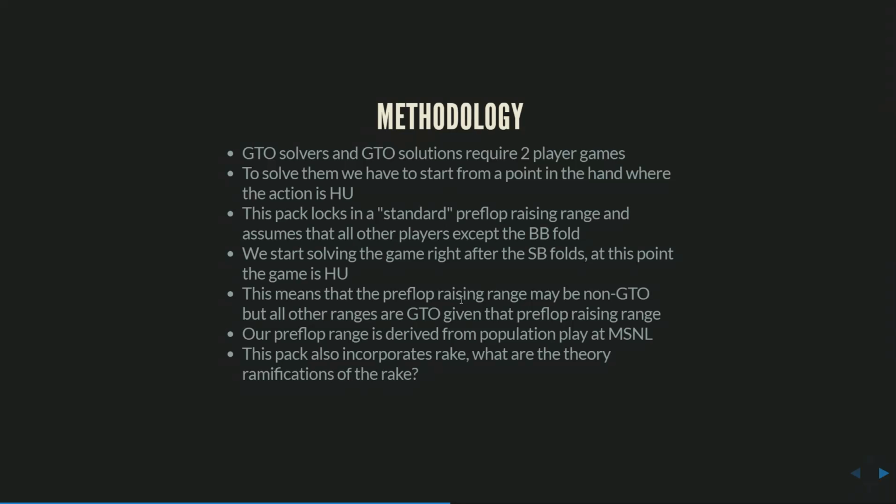And in a game with rake, we're still going to have the nice property I discussed before, where if we find an equilibrium and one player is playing the GTO strategy and the other player decides to stop playing GTO and do something else, he's going to lose EV and either give it to the rake or give that EV to his opponent. But another nice property of GTO solutions goes away, which is that